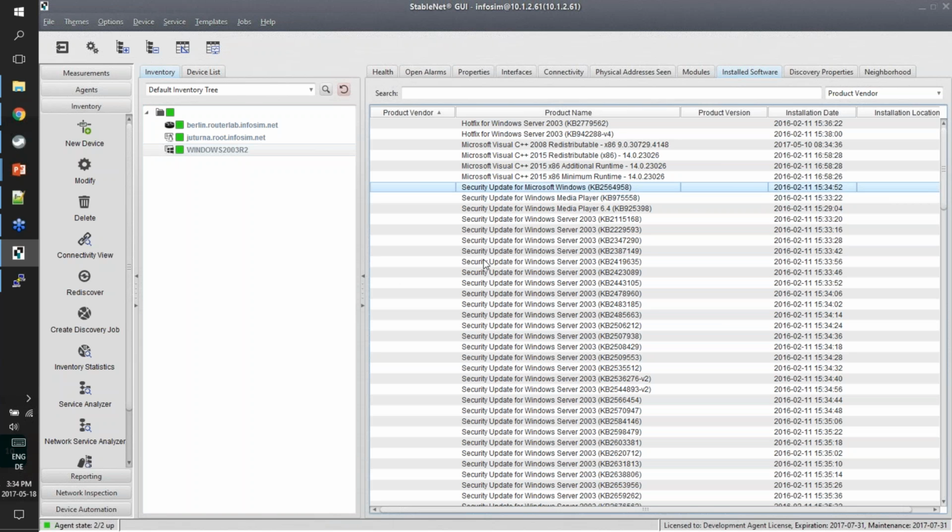So how can we do this? There are basically two possibilities in StableNet. We can write a business process script and use the fault management engine of StableNet to create respective alarms if we cannot find such a patch in the software list, or we can use the backup engine of StableNet. So we will treat the software as a backup, and then we can run policy checks and vulnerability checks on the data. So I will choose the latter one because